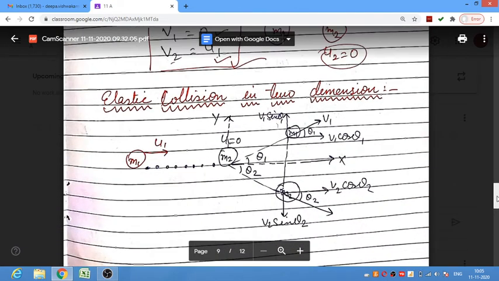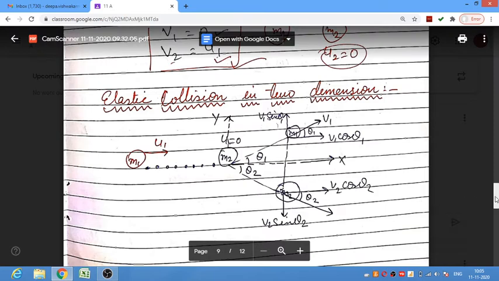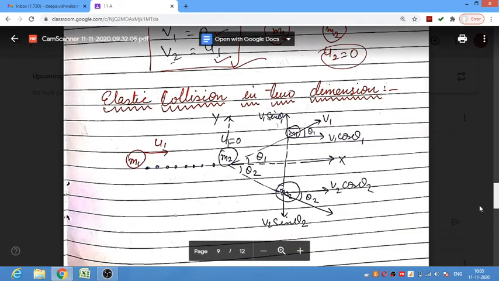Now we'll discuss elastic collision in 2 dimensions, when the object will move in both directions, the y axis as well as the x axis. So we can see this is the case of oblique collision, because the object is moving this way at an angle theta, or the path has slightly changed in both directions, x and y axis.